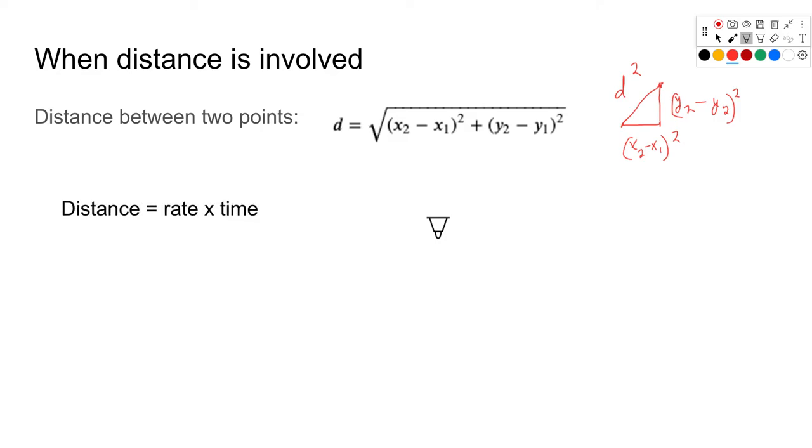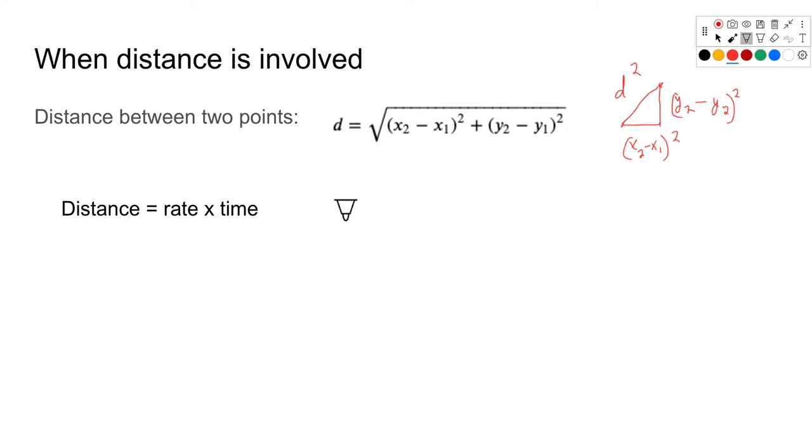Also remember, you're going to have moving things, and you're going to want to minimize time. Especially the last problem is kind of interesting. Someone wants to cross a circular pond, and they can swim so fast, or in a boat so fast, and they can walk so fast, and which one's going to get them there fastest, which one's going to get them there slowest, come up with a path. So you're going to be using what? Distance equals rate times time. Remember, from that